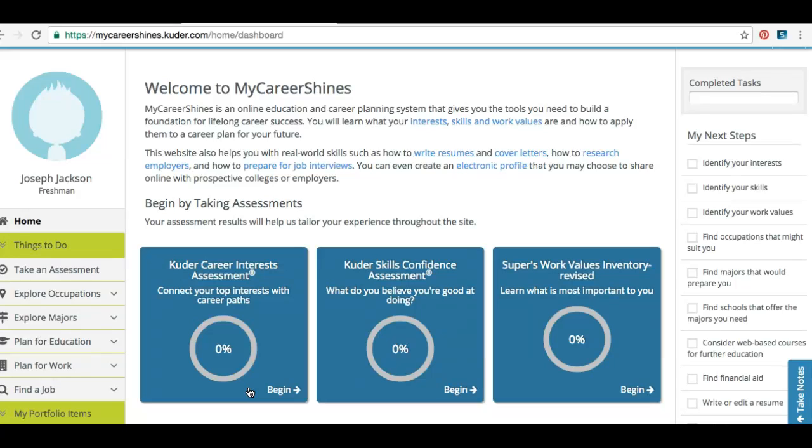If you are a returning student, you need to complete these 3 career assessments again so that the date at the bottom reflects the current date. So it should be something from August of 2016. Either way, new students and returning students, you're going to complete the interest assessments, the confidence assessment, and the work values inventory. Once they are done, the 0% should say 100% complete, and at the bottom we'll have a completion